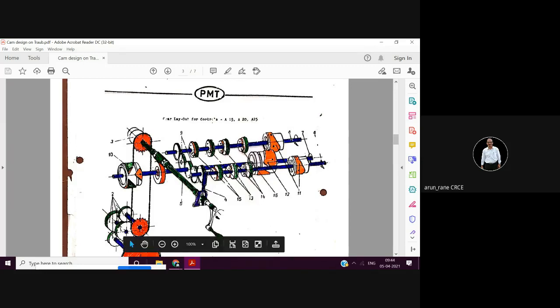And same thing is here. So altogether how many cams do you have from your design point of view? You have one disc cam for vertical slide, front and rear, so two. Again and again I am repeating that it moves only radially, it doesn't move like this. Then you have front and rear disc cams for the cross slide, to move the cross slide in and out radially, so four.